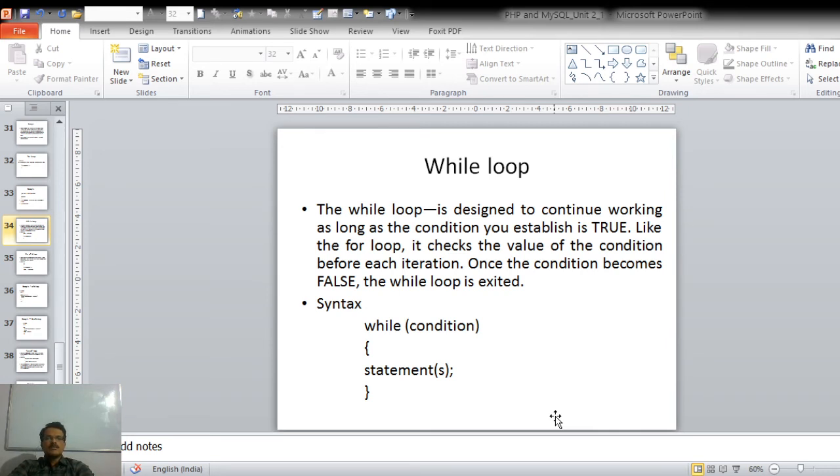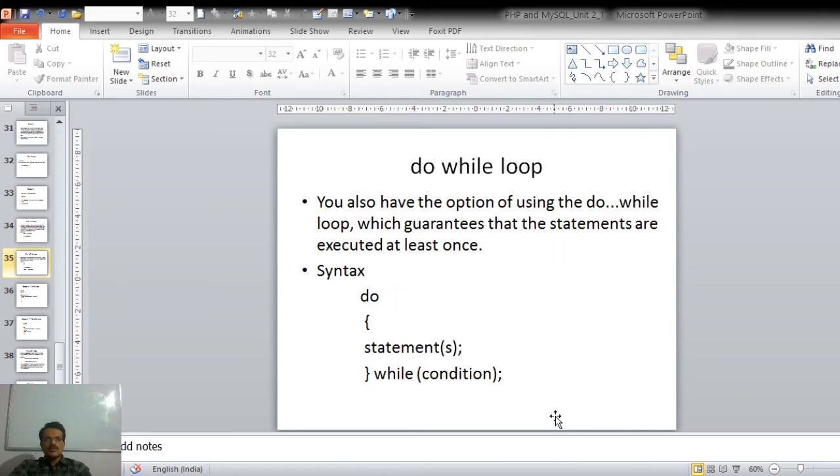So the syntax of the while loop is simple: while, in brackets the condition, followed by the code block that will be executed if the condition is true.